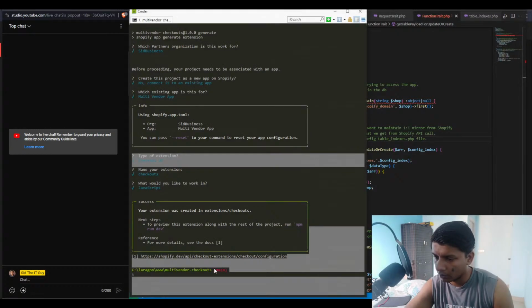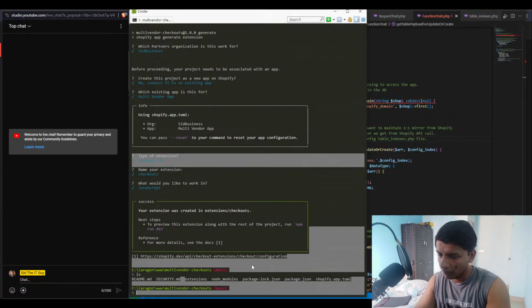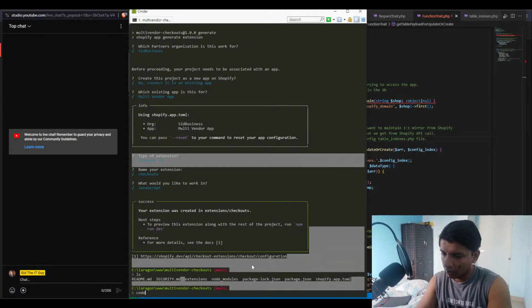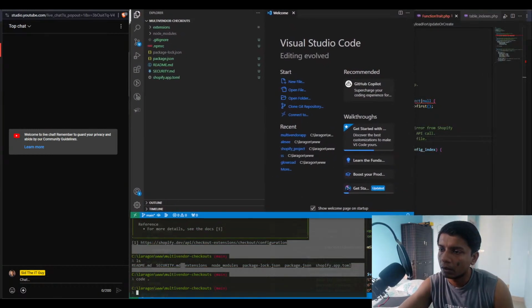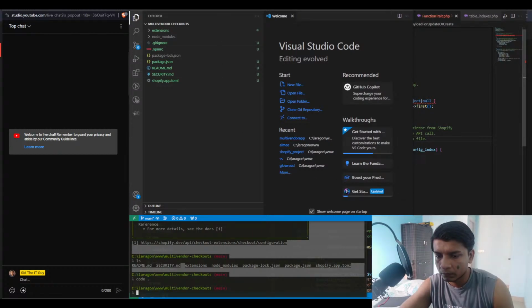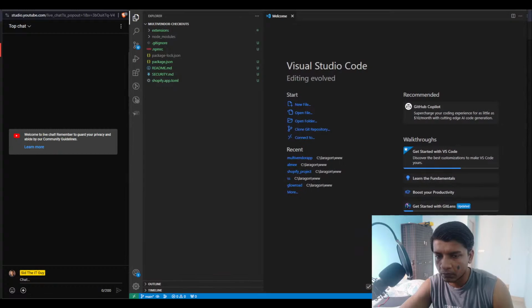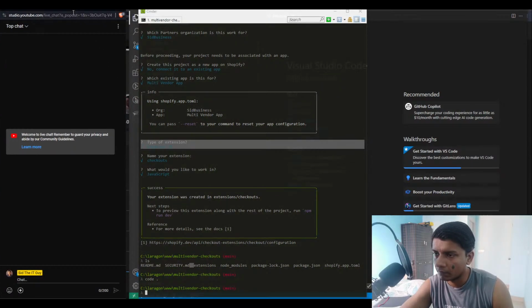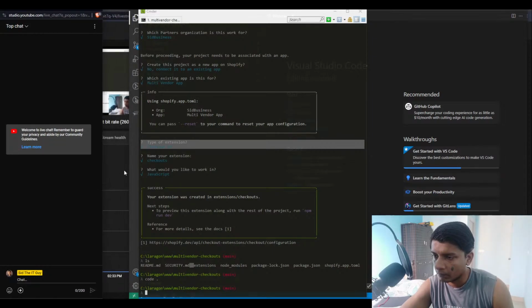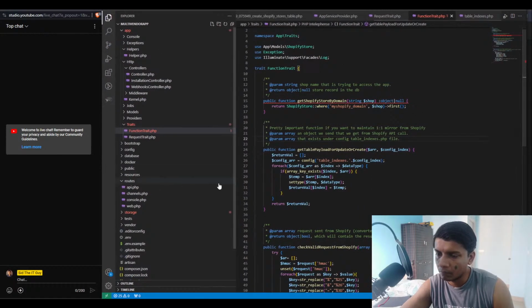Did that finish? Yeah, that finished. ls shows this. I can just do cd and code dot, so it will open up another VS Code. So then we can